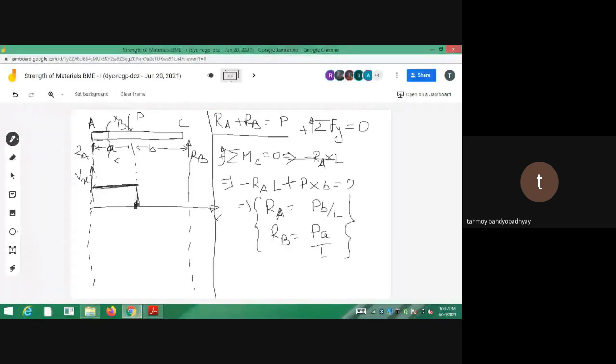And if I now draw the bending moments, so this is x, and I am plotting Mx. So this is the BM diagram, up to the point B. How was the line? It was a straight line variation. So if you consider y equal to Mx, it starts from 0 and gets to some point like PAB by L. So it's a straight line starting from the origin, 0. You can see in my note, such that MA is equal to 0 at this point, and MB is equal to PAB by L.